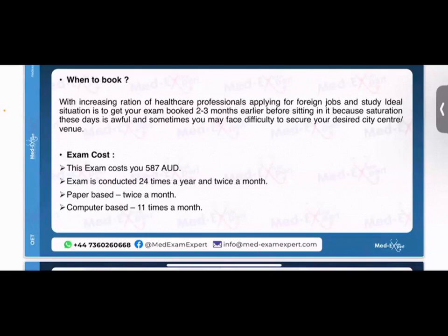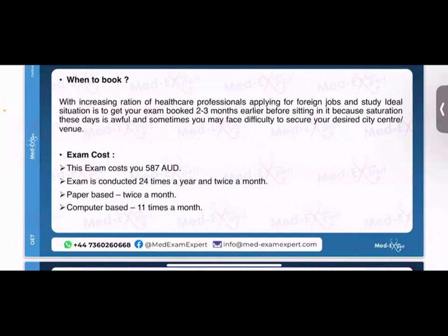But you have to check for your capabilities, because if you are a person who has done all exams from the school years on paper, then it is ideal for you to take your exam on paper, because you are much more practiced at it. But if you are good with computers, definitely opt for that choice, because most of the time students are not getting a slot for the paper based exam. They want to book the exam very soon, so they give a try to the computer based exam, and because they are not efficient in typing and all, the result is their failure just because of time management.